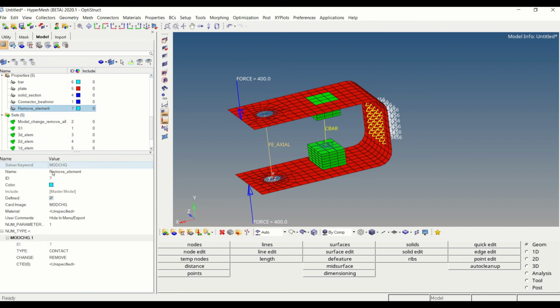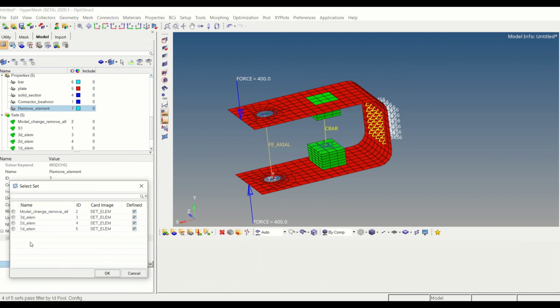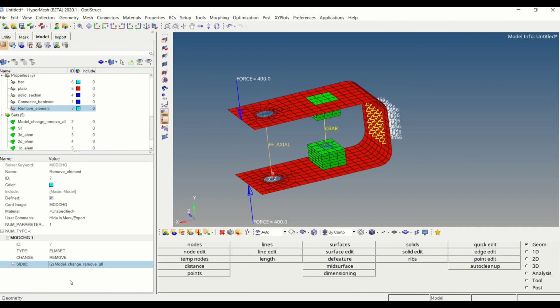In this property we have the number of parameters as 1 and the model change type as element set. In this we have two options, remove and add. First we will select remove, and under this set id we will select the element set which we want to remove.